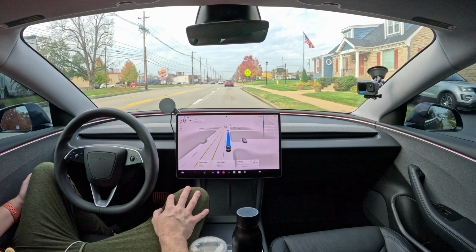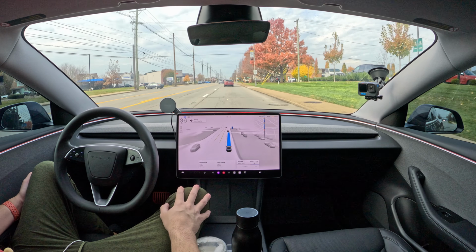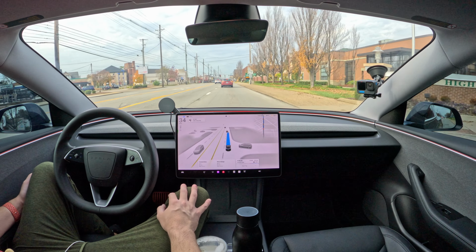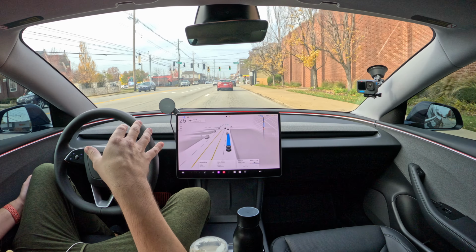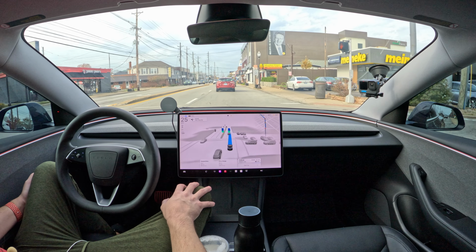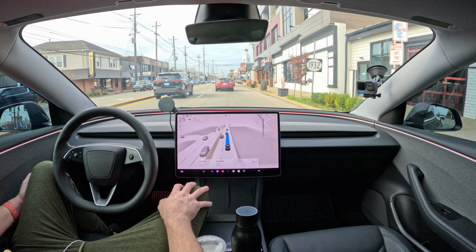We're headed down to a park that has a nice little scenic drive that will wind through. I'm sure it'll handle it all just fine, but unfortunately there's not really a super interesting way to get there. It's just a straight shot. We are in the right-hand lane here, and we're going to need to get in the left-hand lane in just a second. So hopefully we do that, because every once in a while FSD will not get in the